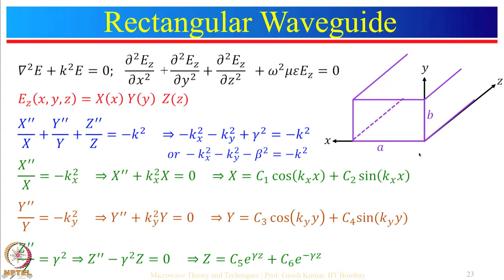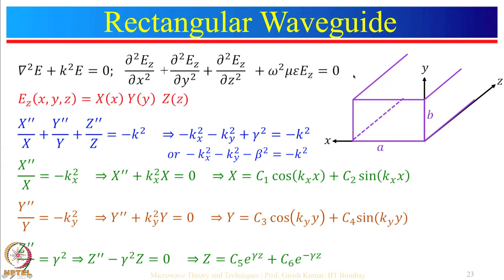Now, as we have discussed earlier, to find the longitudinal field we need to solve the wave equation or Helmholtz equation. So, the Helmholtz equation for electric field is del square E plus k square E is equal to 0, or we can write it as ∂²Ez/∂x² plus ∂²Ez/∂y² plus ∂²Ez/∂z² plus omega square mu epsilon